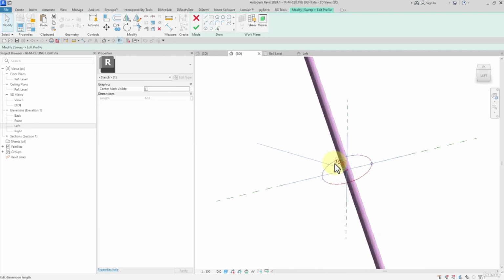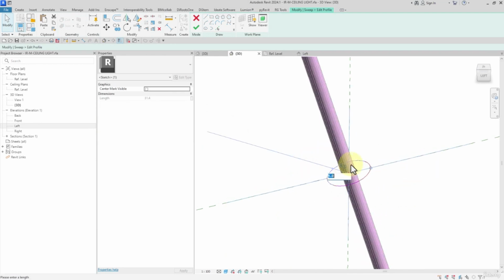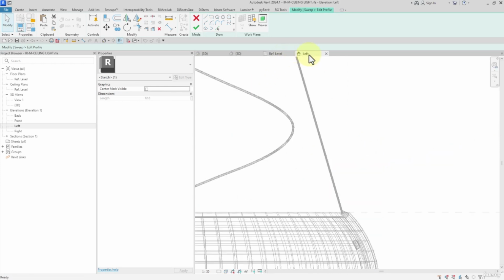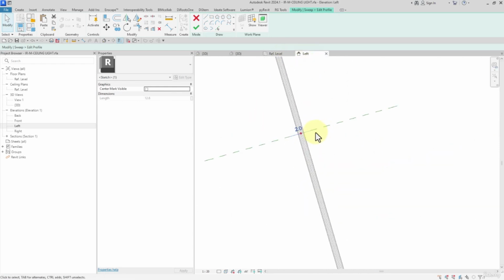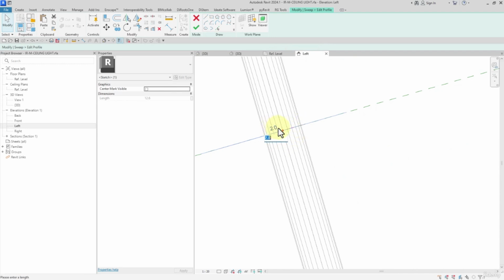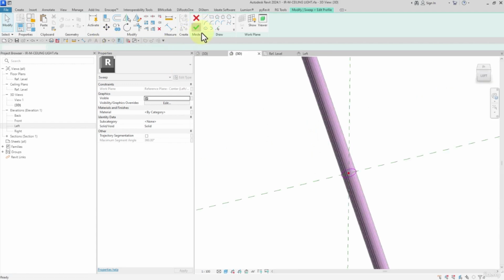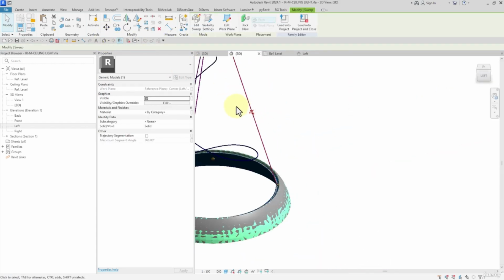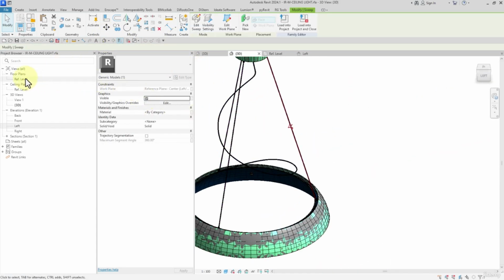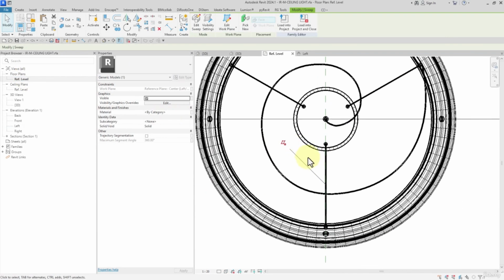Then I reduce the radius to, then opening the left view, let me check, 1.8, 1.7. Great, the radius actually of the diameter should be 1.7. Then opening the plan view,